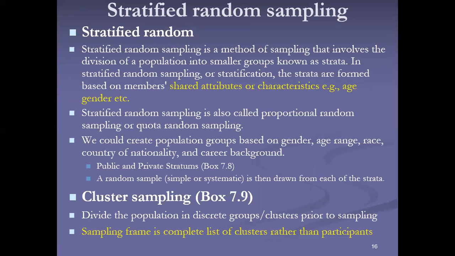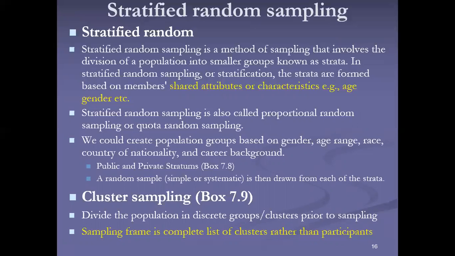Stratified random sampling में क्या होता है, हम पार्टिसिपेंट की जो शेयर्ड करेक्टरिस्टिक्स हैं, फॉर एग्जांपल एज जो सब में पाई जाती है, उनका जेंडर है, रेस है, अदर करेक्टरिस्टिक्स हैं, उनके बेस पे हम पार्टिसिपेंट को सिलेक्ट करते हैं। फॉर एग्जांपल हम अपने प्रोडक्ट के लिए कस्टमर से डेटा ले रहे हैं, उसके बाद हम देखते हैं जो सारे मेल हैं हम वो सिलेक्ट कर लें। मेल के अंदर जो एज 20 ईयर्स वाले हैं हम उनको सिलेक्ट कर सकते हैं। इस तरह से हम सिलेक्ट कर सकते हैं। देन क्लस्टर सैम्पलिंग, divide the population into discrete groups, clusters, prior to sampling.